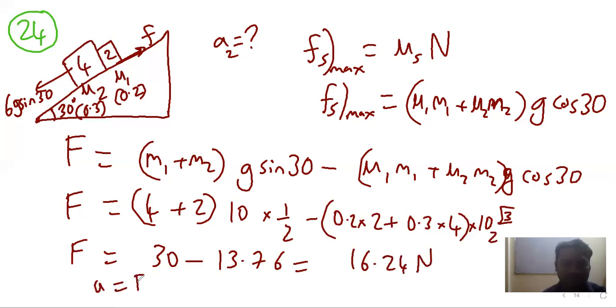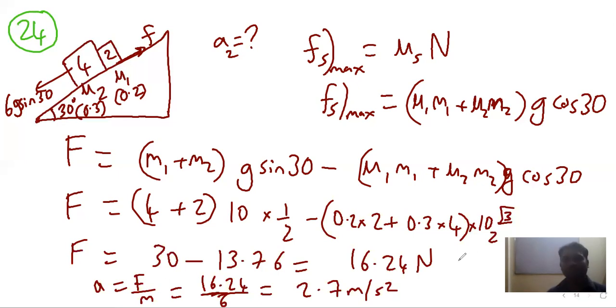From this, acceleration is force upon total mass. So force is 16.24 upon total mass, 2 plus 4, which is 6. It comes out to be 2.7 meter per second square. So this is how we solve question number 24. Moving on to our next question, which is